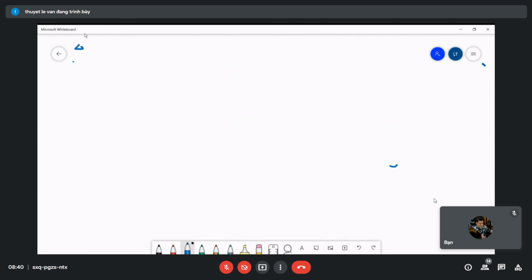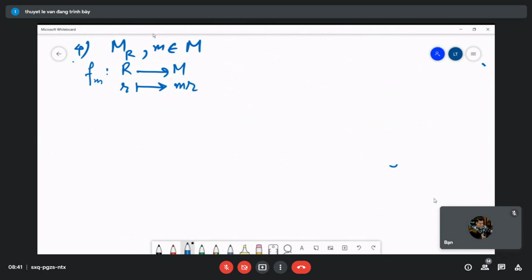Now the example for M, R: when I fix one M in M, then I say that the F_m from R to M, and then you take an R here, and M is a fixed M. Fixed M. And then you take the F_m from R to M, and then we can check